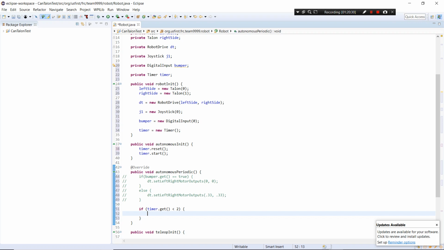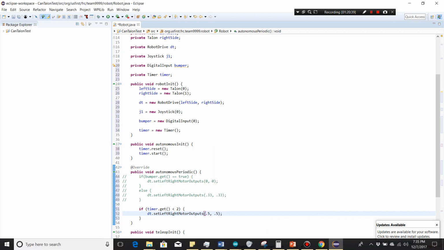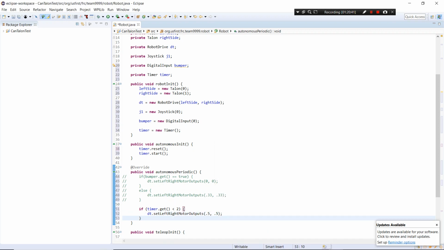So what I'm going to do is I'm going to say dt.set left-right motor outputs, and then I'm going to say 0.5 and 0.5. Okay? So that's the first part. Now, if we just left it like this,